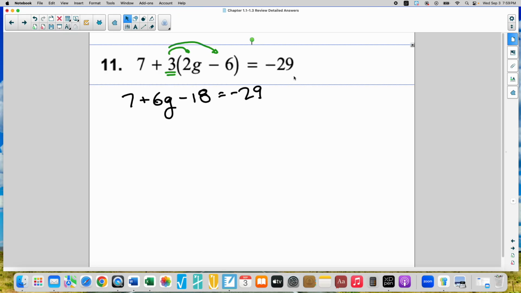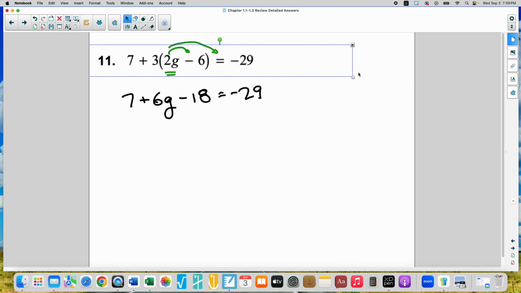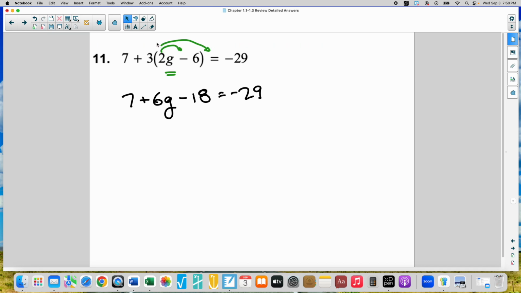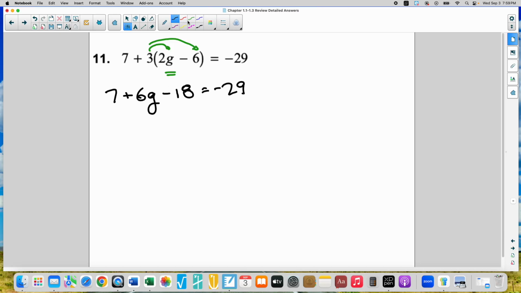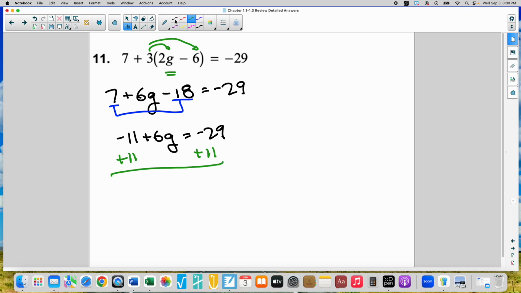Let's make this a little bit smaller. Let's move this over. Move this. That's good. Move you guys over. Now we have like terms. Let's combine like terms. We have positive 7 and negative 18. That would give me negative 11 plus 6g equals negative 29. Let's get rid of that negative 11 by adding 11. 6g equals,